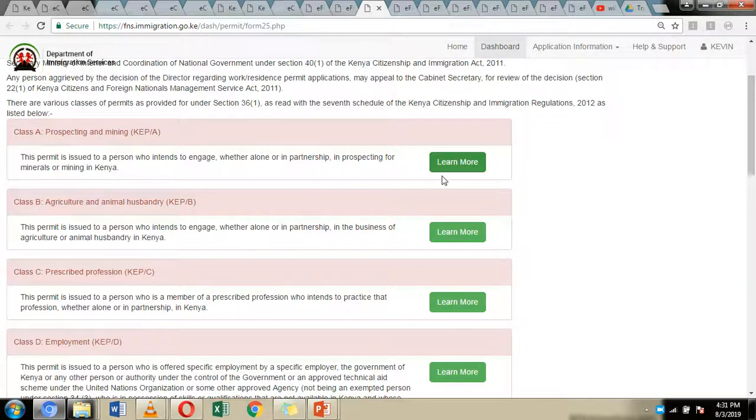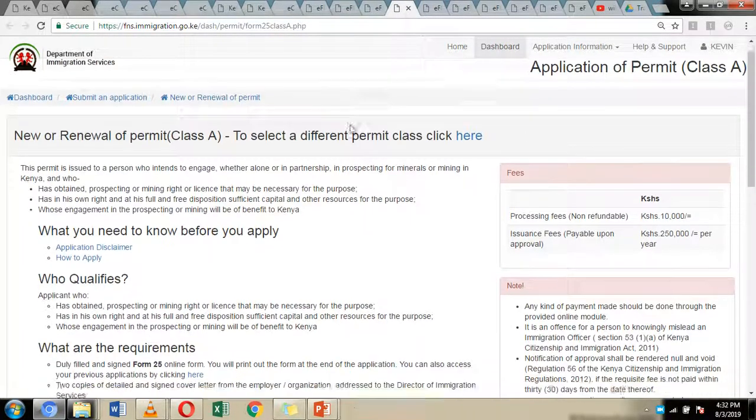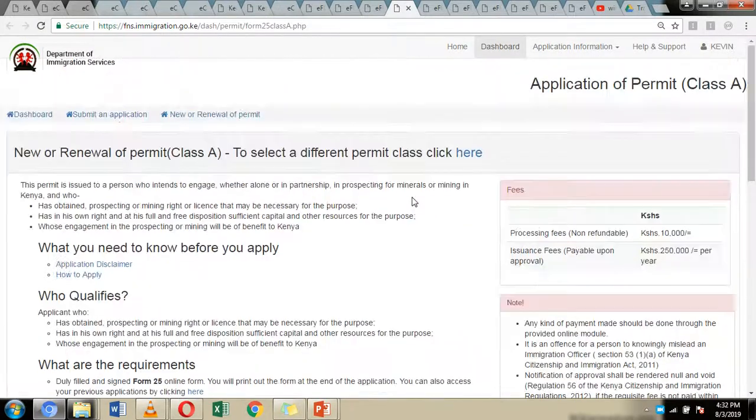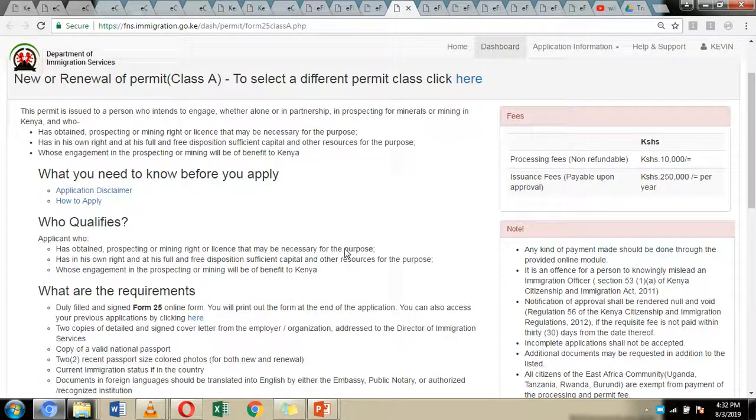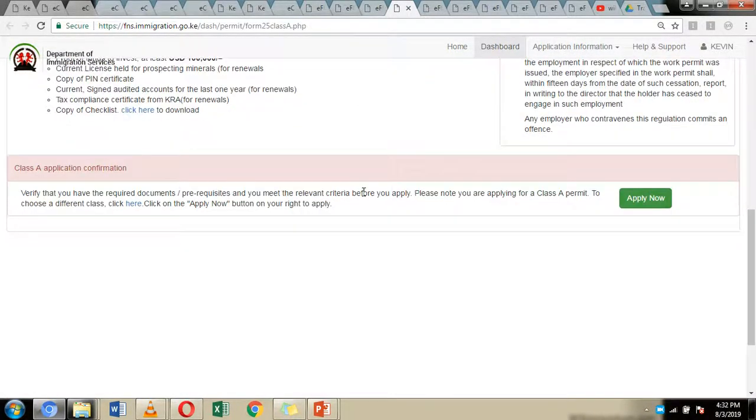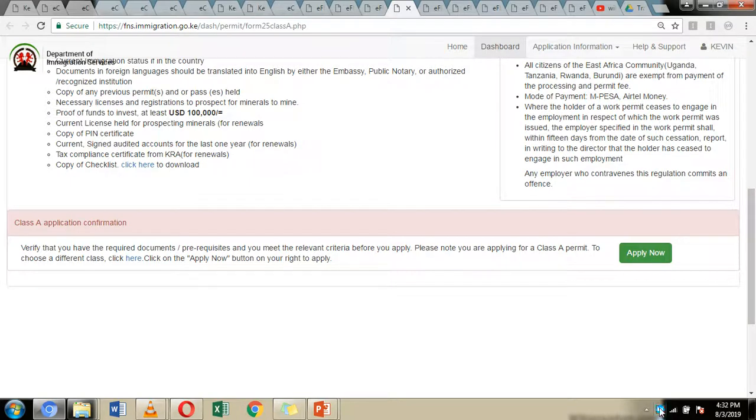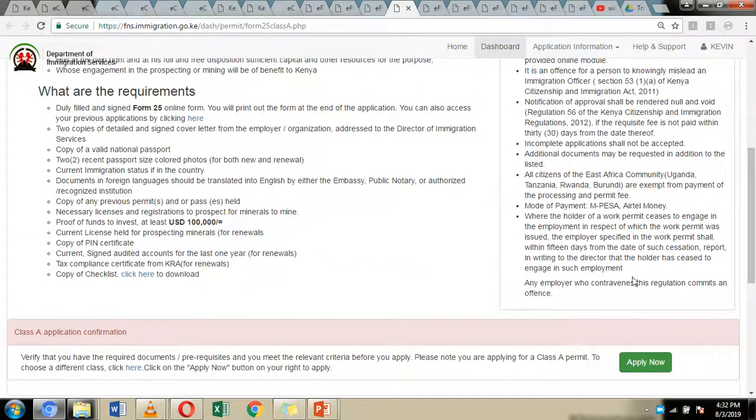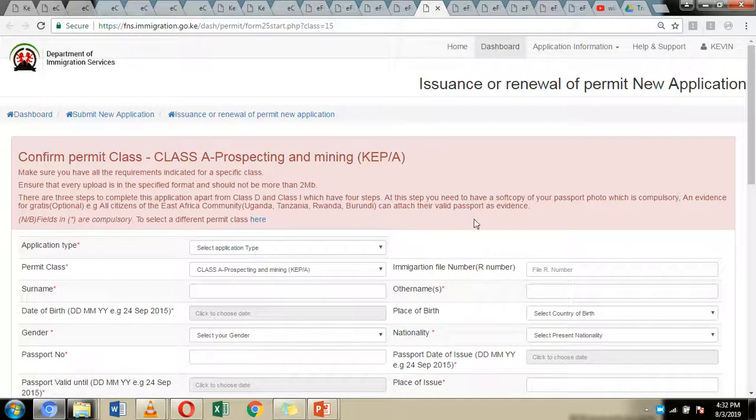So once you are here, just click on the learn more icon. This is going to direct you to this next page where you can learn more about the prospecting and mining permit, who qualifies, the fees payable, the documents you need to have before making the application, and click on the apply now button. This is going to direct you to the next page where you are now to fill in